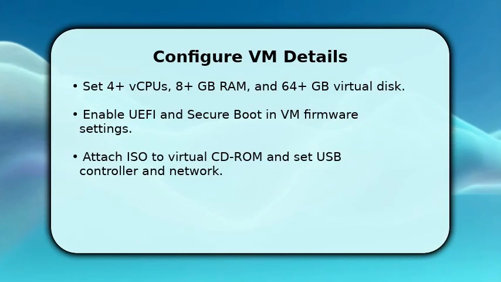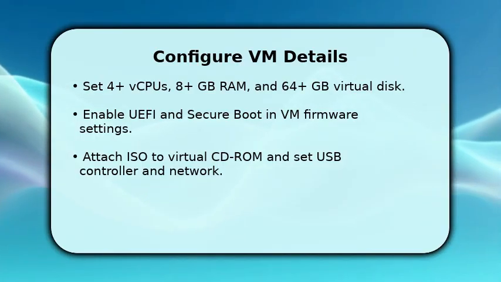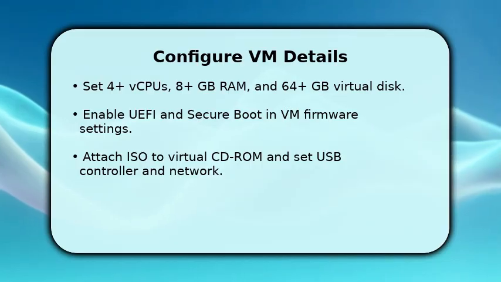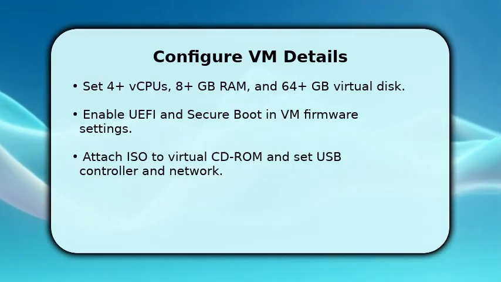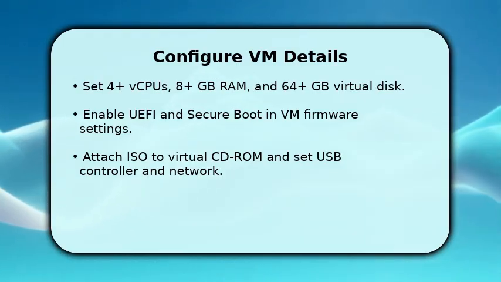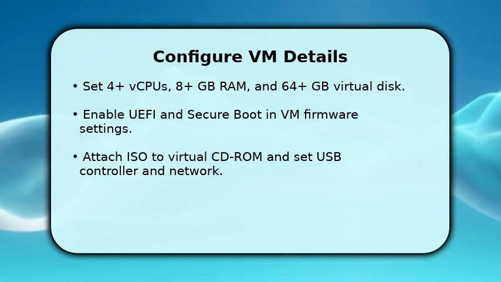Now you fine-tune the VM hardware so installation succeeds. Open Settings and switch firmware to UEFI, then enable Secure Boot. Windows 11 expects that. Increase CPU and RAM to match your host capacity. Assigning 4 cores and 8 GB gives a responsive experience. Attach the ISO to the virtual CD-ROM and ensure the network adapter is NAT or bridged depending on whether you